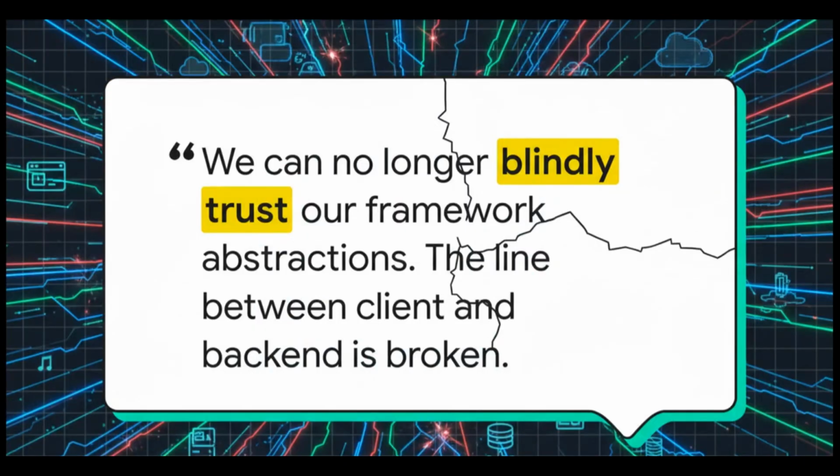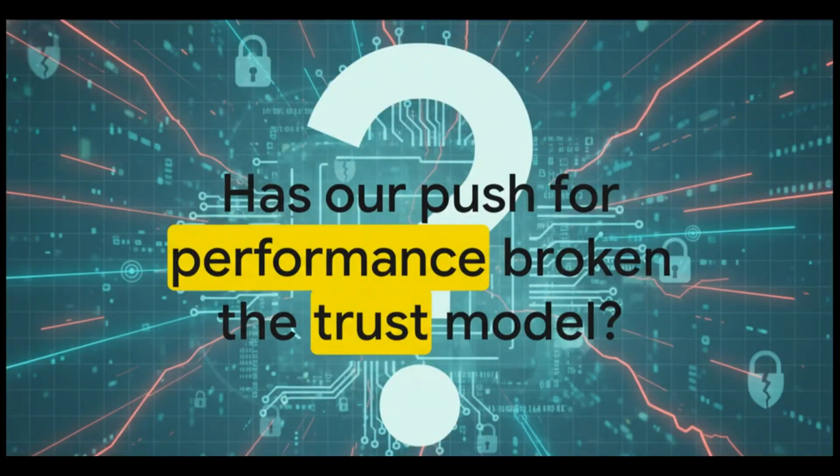You know, when you zoom out, this whole mess has exposed a really painful truth about the way we build software today. We've been building on top of all these amazing frameworks, just trusting these abstractions to keep us safe. But this vulnerability proves that the clean line we all thought existed between the client and the backend, well, it's been shattered. And that really leaves us with a huge question to think about. In our constant, relentless push for more performance, for faster load times, and better user experiences, have we accidentally traded away security for a fundamentally broken model of trust? That's a trade-off we're all going to have to seriously